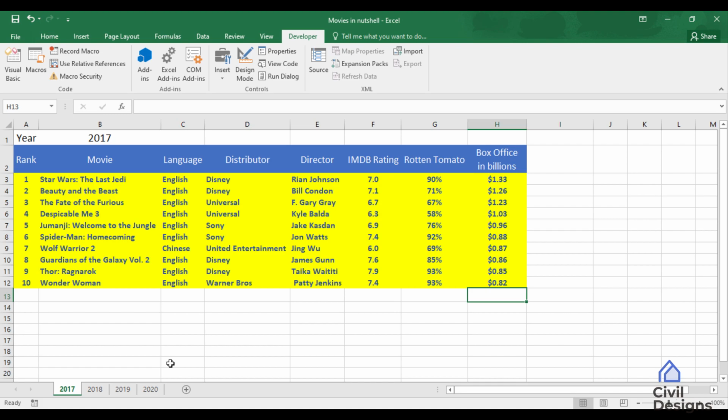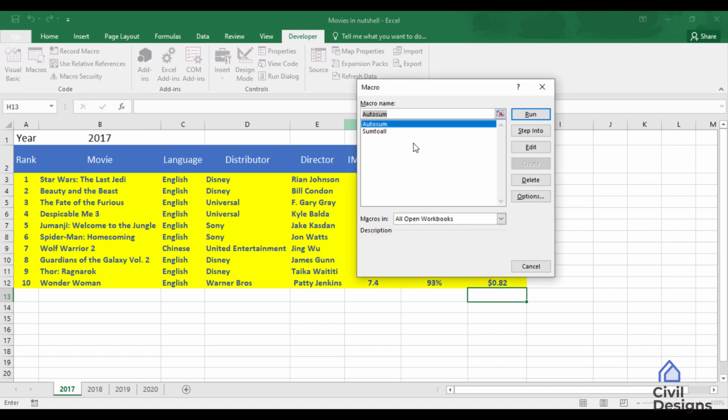But with some lines of code, I can perform these tasks or any other tasks in a fraction of a second. Let me show you. When I go to the developer option and then to the macros at the left down corner here, I have two options. These two options are pre-coded macros in this sheet. We have auto sum and sum to all. In this auto sum macro, I have defined to make a sum at the end of the cell automatically. And in this sum to all macro, I have defined the VBA code to run the sum function in a loop, that is to generate the sum for each and every sheet we have or we may add in the future. Let's have a look.